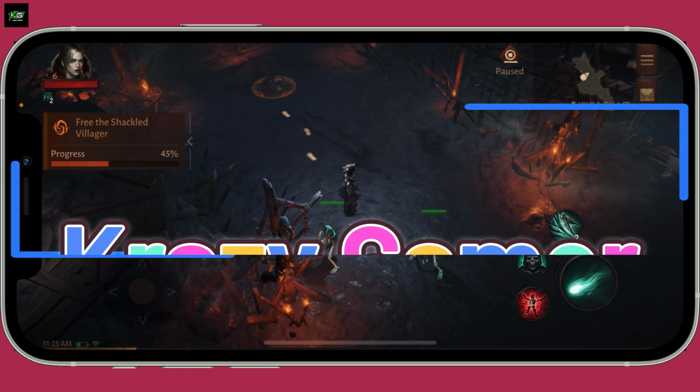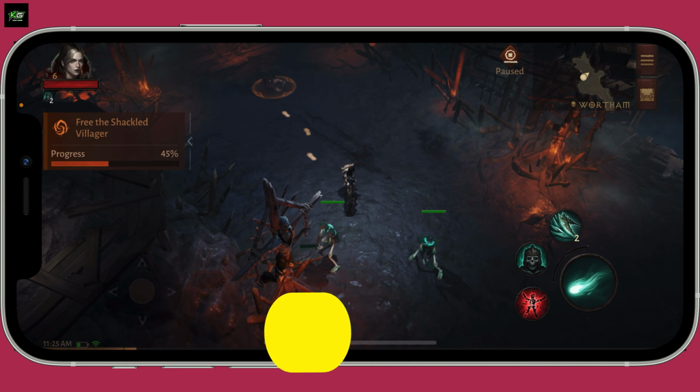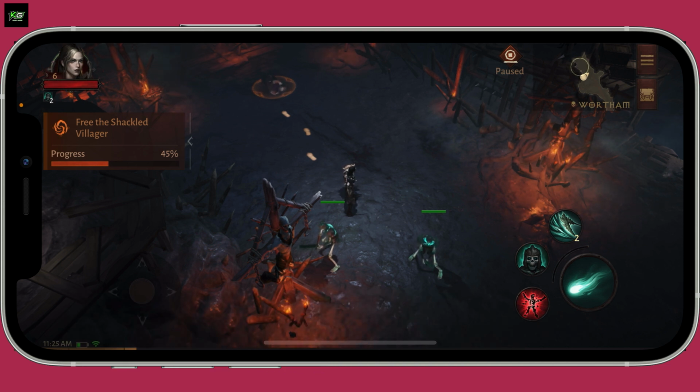Today in this video we are going to be learning how to change chat text size in Diablo Immortal game. If you're finding the chat text in Diablo Immortal too small or too large, here is how to adjust it to your preference. First of all, open up Diablo Immortal game and make sure you select your server and the